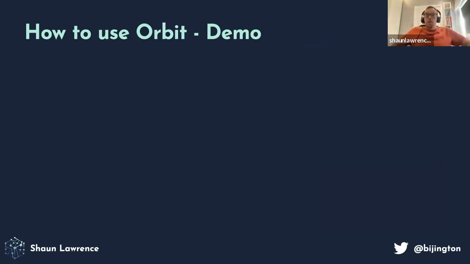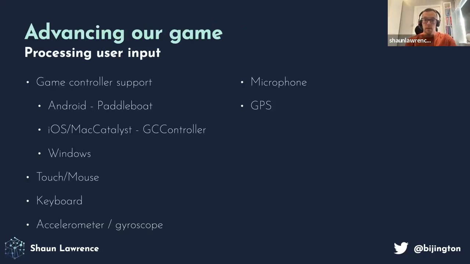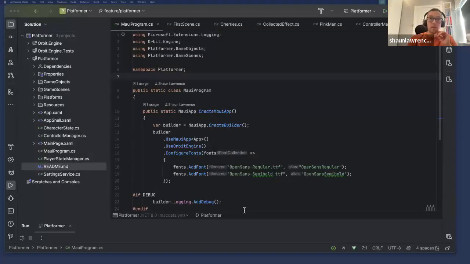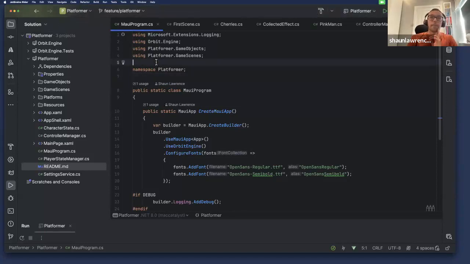So that showed how we can create some simple things and glue them together. But let's take a look at how they might become a little bit more complex in a demo application. So if we jump up here, you should be able to see we've got Rider running. So we'll just walk through those sequence of events quickly, and then we'll show this in action.